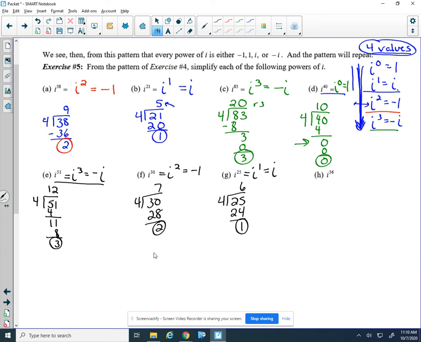And if we were in class, I know sometimes people will think, oh, the answer is 1. The answer is not 1. 1 is the exponent that goes on that. So remember, the remainder is the exponent, and then you just have to look up what the power of i is. 36 divided by 4 goes in 9 times with a remainder of 0. So this equals i to the 0, which is